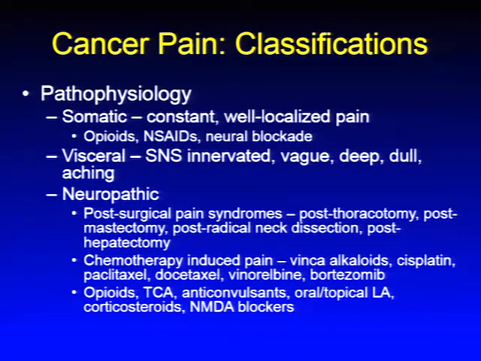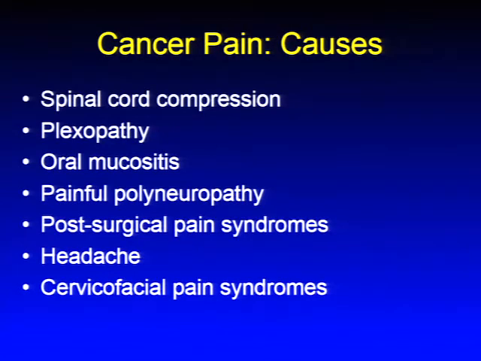Cancer pain can be neuropathic, caused by post-thoracotomies, post-mastectomies. Chemotherapy-induced pain can cause neuropathic pain as well, typically cisplatin, vinca alkaloids, paclitaxel. Neuropathic cancer pain can be treated with opioids, TCAs, anticonvulsants, oral and topical local anesthetics, steroids, and NMDA blockers. Causes of cancer pain can be associated with spinal cord compression, plexopathy, oral mucositis, painful polyneuropathy, post-surgical pain syndromes, headache,